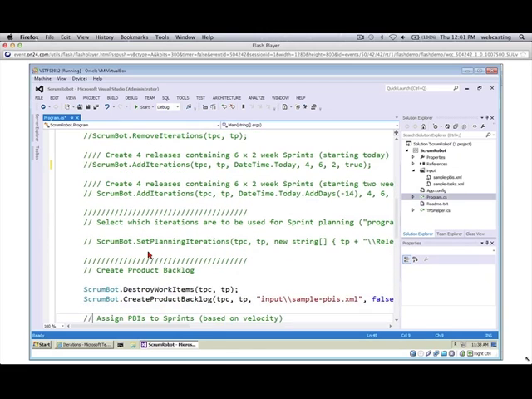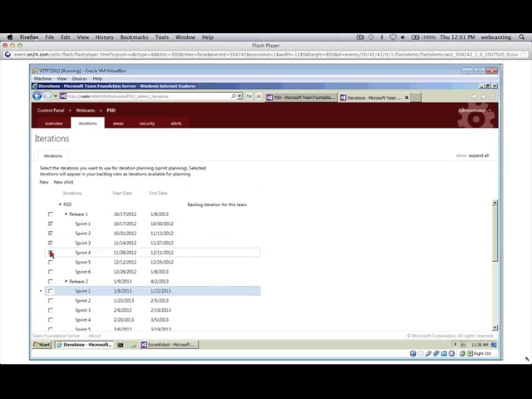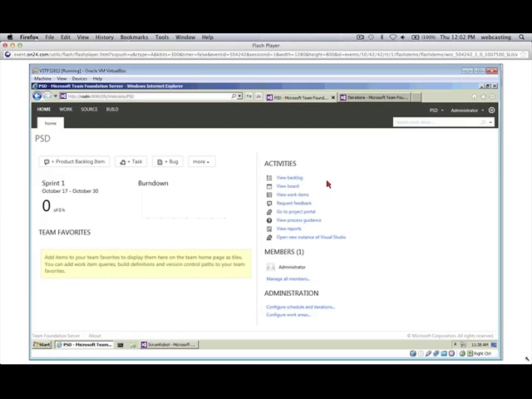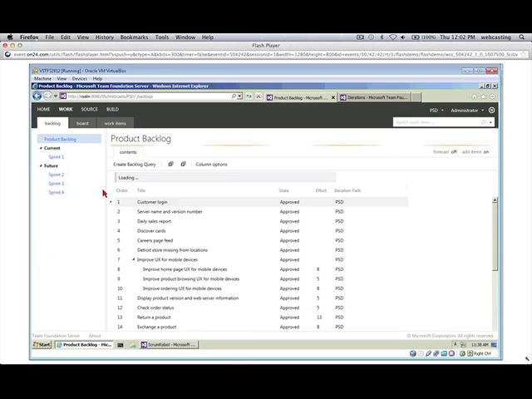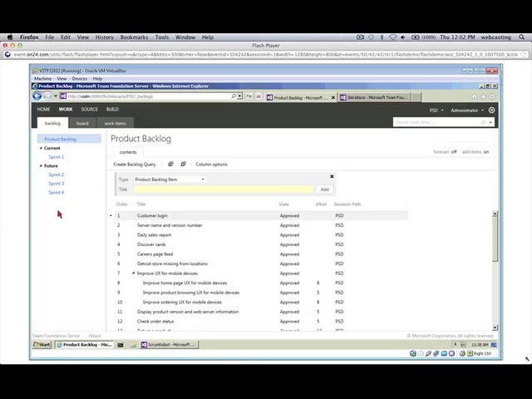And let me just show you what that looks like. Notice how some of these guys are checked here. This says that, for this whole list of releases and sprints, for my team, when I come back here to my product backlog, which sprints are going to be listed over here on the left-hand side of the screen. So I've told it I want sprint 1, 2, 3, and 4 to be here. And it just keeps this panel on the left from being cluttered. You can have just the current sprint and maybe a couple sprints in the history, a couple sprints in the future. You're totally in charge by which ones you put the little checkbox next to. And then we'll talk in a minute about how that can help us with the sprint planning.